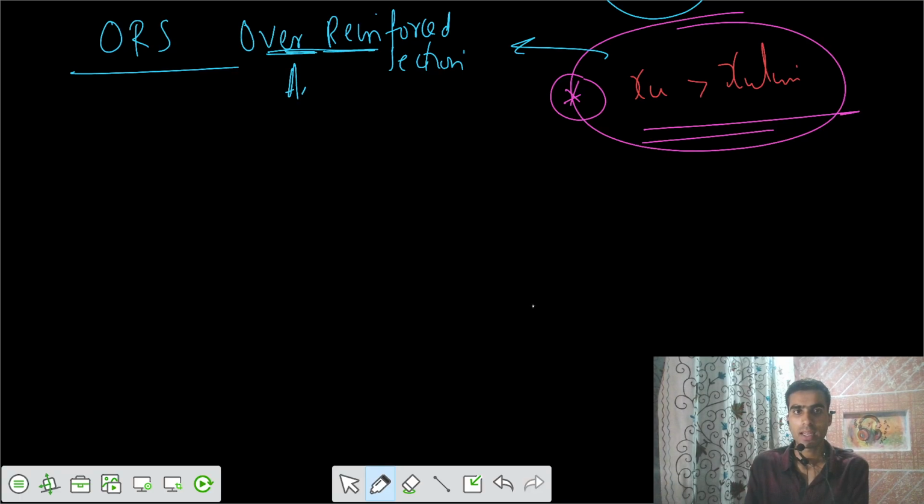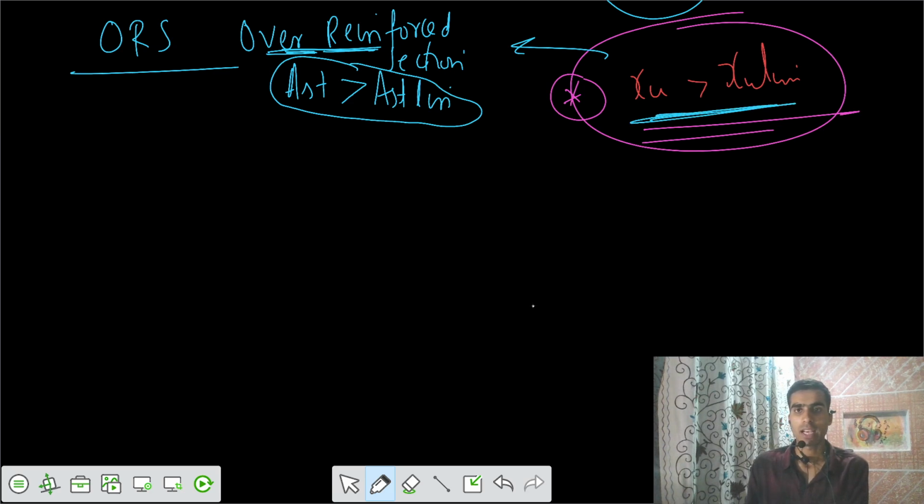This also means that Ast is provided greater than Ast limiting, or we can say the percentage of reinforcement is more than the limiting percentage of reinforcement. And from this we also said XU greater than XU limiting, and the failure here